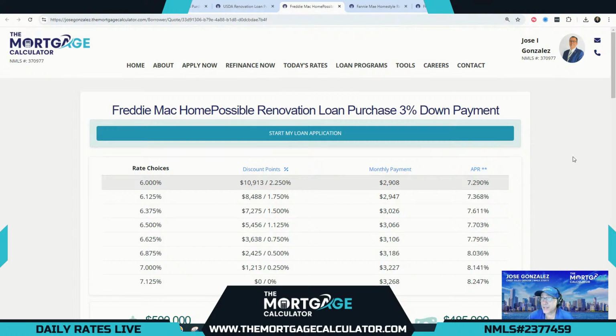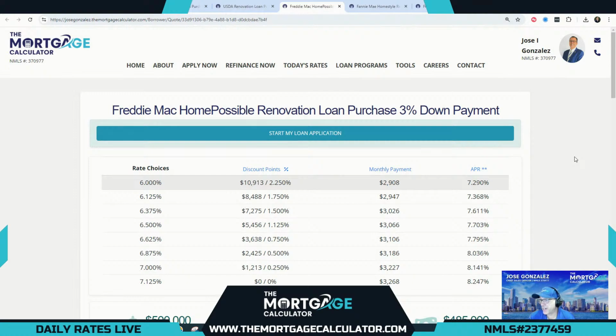This one is Freddie Mac's Home Possible renovation loan. You all are aware the Home Possible is an affordable loan option that allows borrowers to attain 97% LTV, even though they may not be a first-time home buyer, right? They can actually even still own another property as long as it makes sense for underwriting and still qualify for this option with only 3% down,